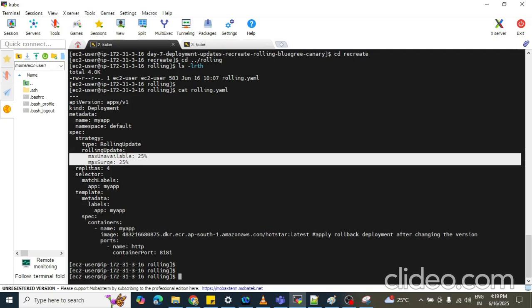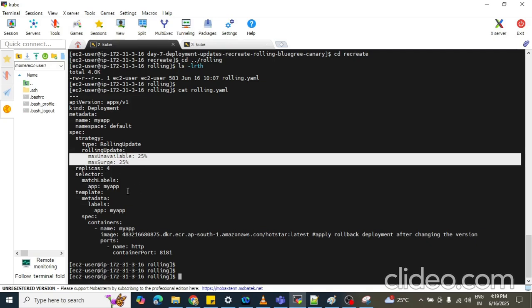That is the meaning of maxSurge. It means we are using one extra pod, so the new pod comes up before the old one gets terminated. So we are taking one extra pod if we are using maxSurge 25%.